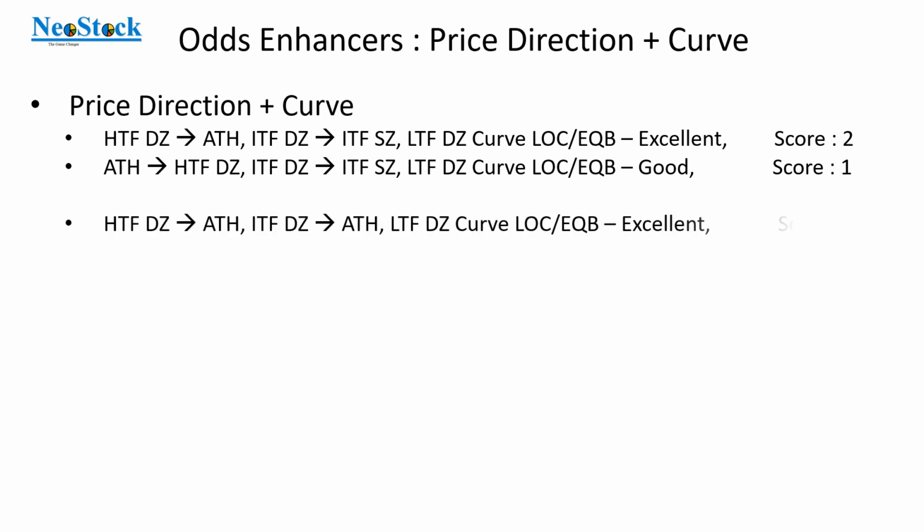And we have another scenario. Both HTF and ITF have only demand zones. They don't have supply zones. That means both HTF and ITF have only all-time high demand zones. In that scenario, let us assume that in HTF, prices are moving from the demand zone to all-time high. In ITF, also, prices are moving from the demand zone to all-time high. Then in LTF,